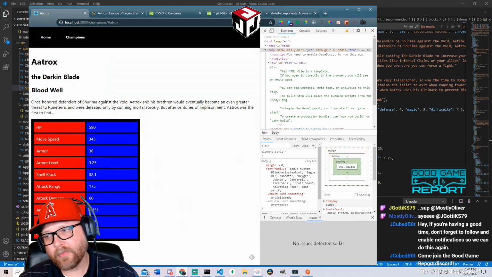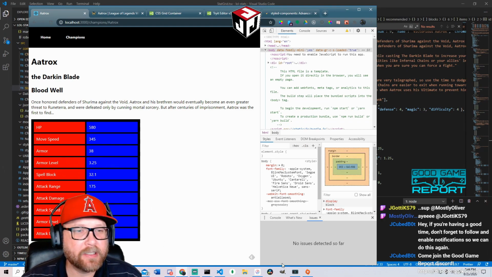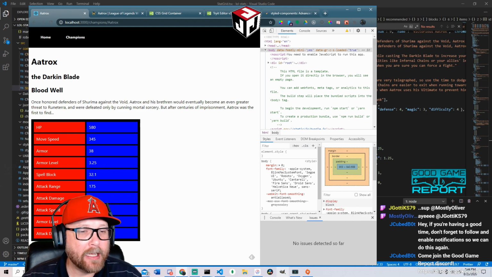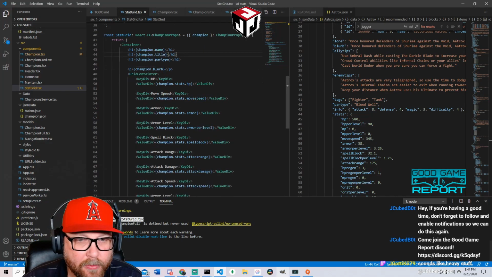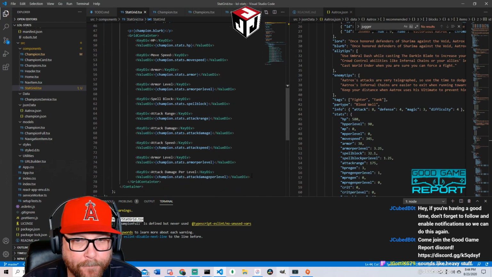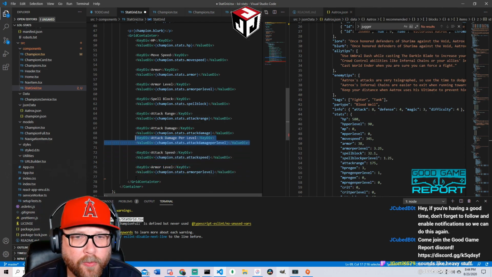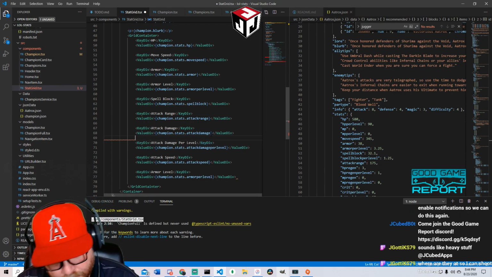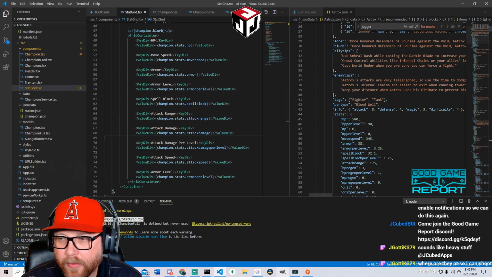Okay. There we go. We've got data. We've got it displayed. We've got HP, move speed, armor level, spell block, attack range, attack damage, attack speed, attack damage per level, which should probably move up. Probably move up. I mean, it should be with attack damage. Okay. Attack damage per level.